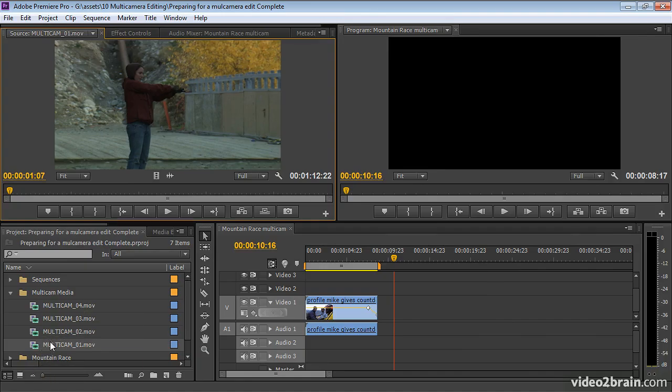The first thing I'm going to do is tell Premiere Pro what that sync point is. Now, if you are working with media that has external sync timecode, if you've got an external timecode generator and it's giving the cameras all exactly the same timecode, then you're in a wonderful position because Premiere Pro can automatically synchronize your clips using that timecode information. I don't think I have that on these, so I'm just going to instead go through each of them one by one,